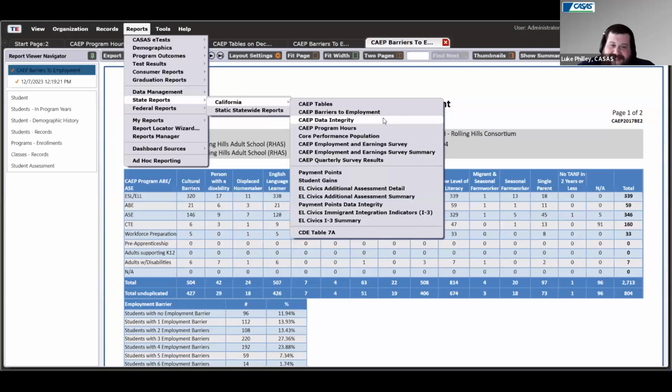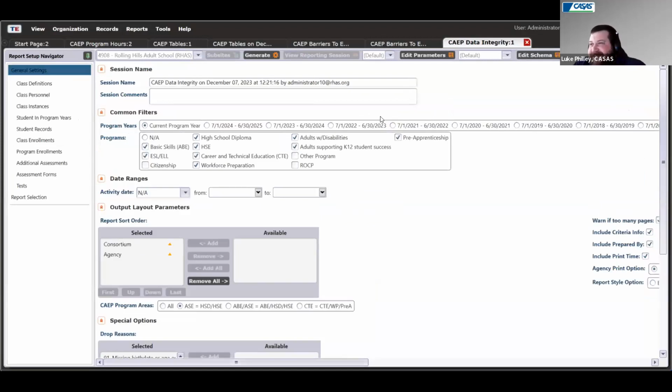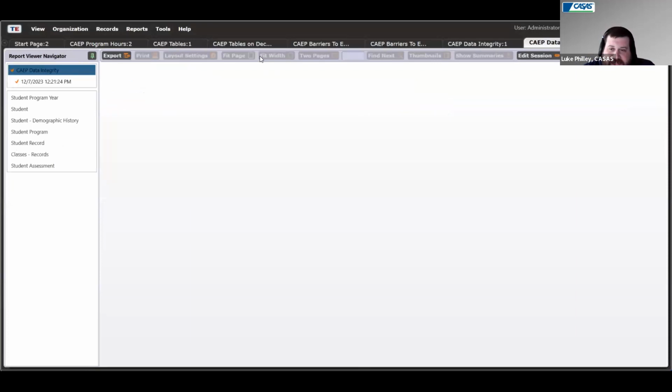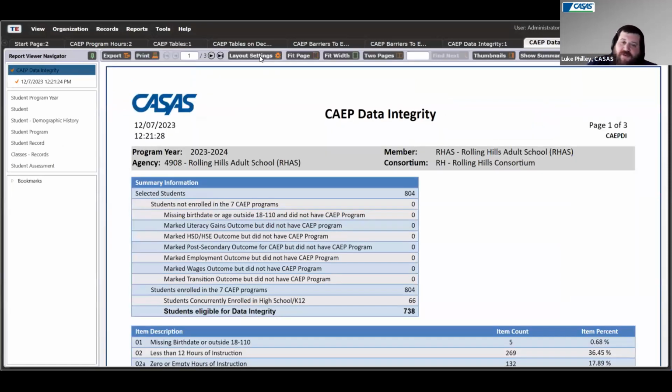The CAEP data integrity. Yes, my friends. The most magnificent report to solve all issues you will ever have is the DIR. Now, I will say one simple thing. If you're worried about testing, don't worry about the KPIR in your testing. The reason being is you're going to have those extra programs that do not require testing. So if you've got those CTEs or workforce programs, things like that,